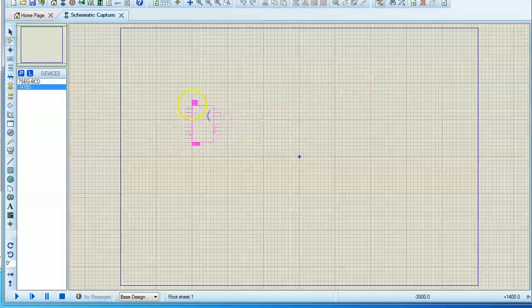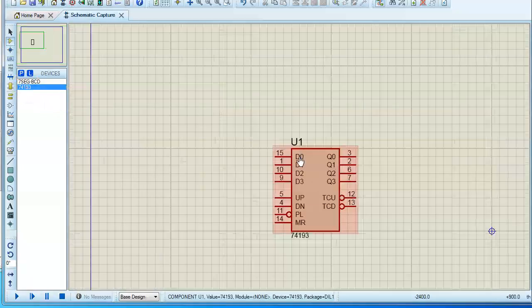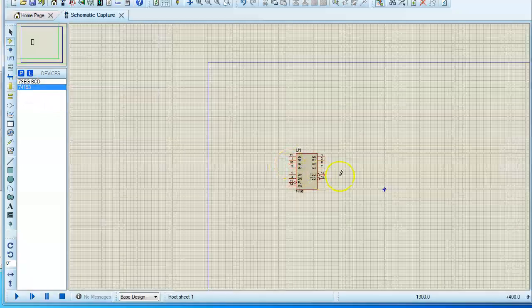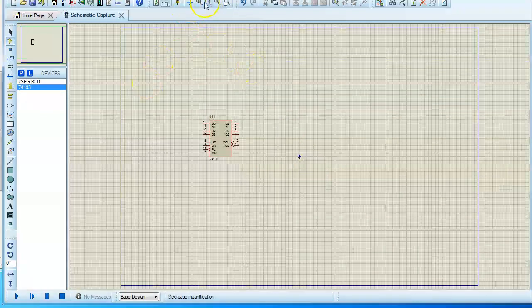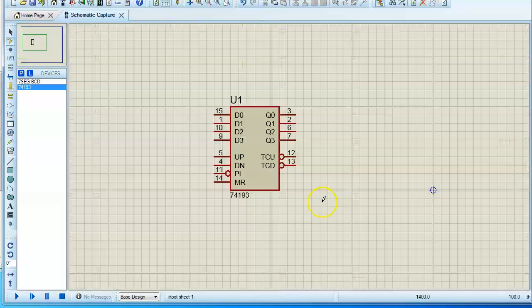So first I am going to place the IC. And I am going to make it better weaving. So I'll just add a 7-segment here.